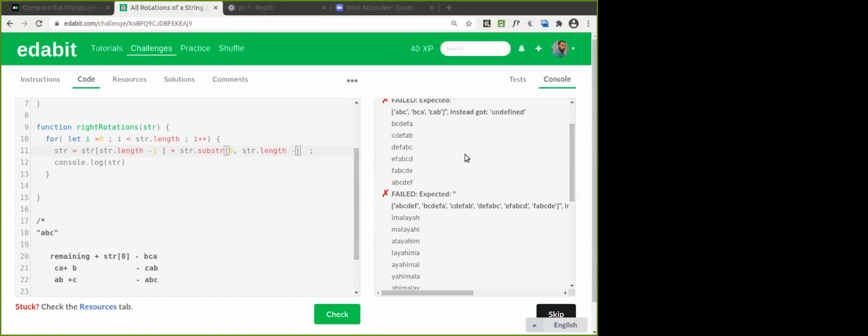You're right, Vivek. But what should be the logic? So I want to get this one. If you are given ABC, I should get, yes, very good, Sanjana, you're right. It should be 2, I think. String of length minus 1 means length is 3, 3 minus 1 means index 2. Is it clear, everyone? What is the index of C in this one? A is 0, B is 1, C is 2, isn't it? So 3 minus 1 means we'll be getting the character C here. Then plus remaining characters, we should get A and B, starting from 0, then length minus 2.